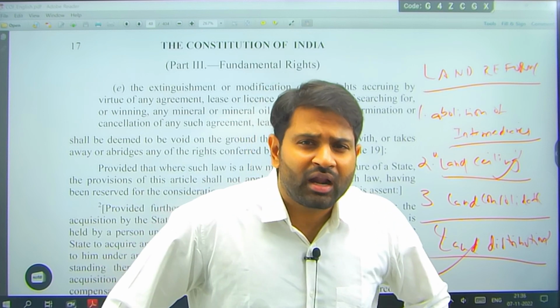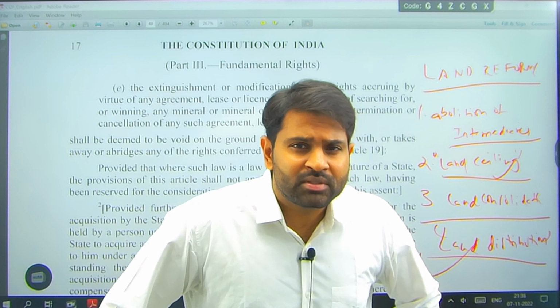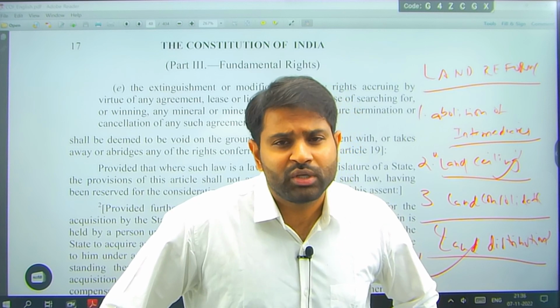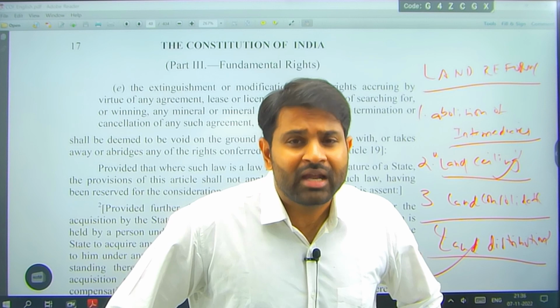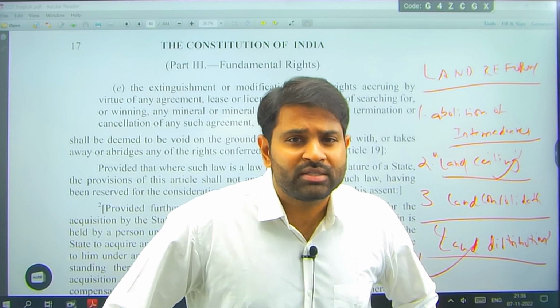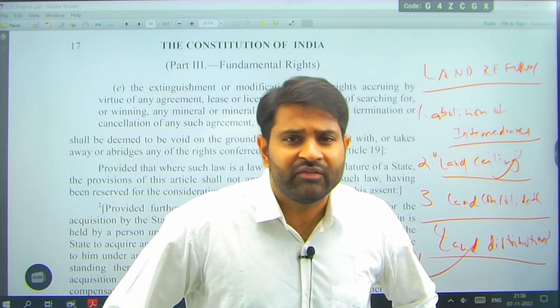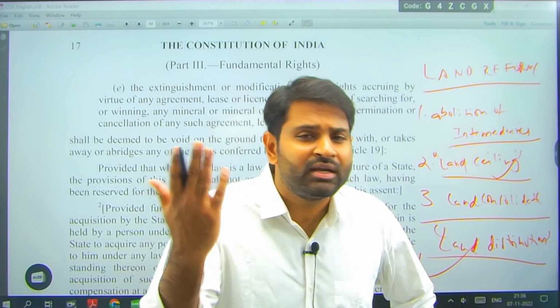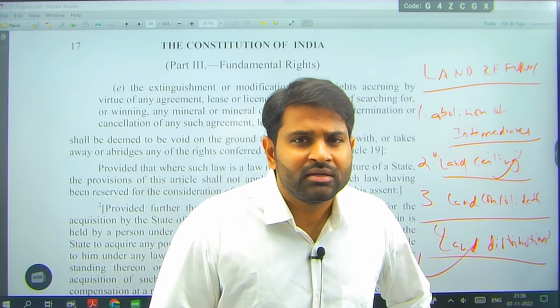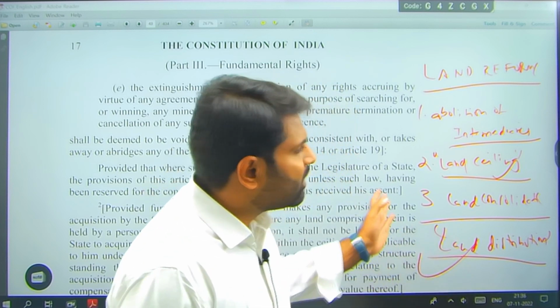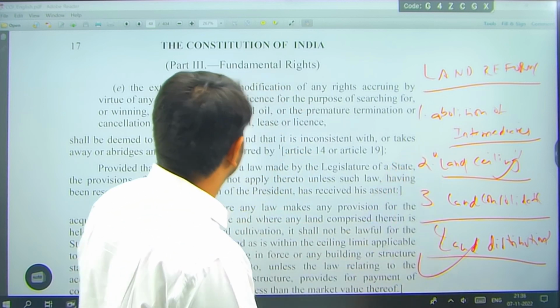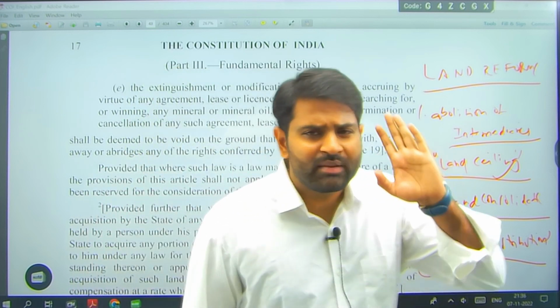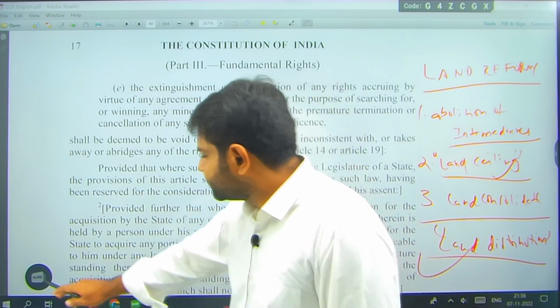Remember, where there are successful land reforms, the education and health parameters are very good. Kerala is one of the states which is quite successful when compared to other states in land reforms. See their education numbers, see their literacy, see their health. Understood? Right. Land reforms and development have quite a good link. So articles 31A, B, C, remember land reforms, nothing more than that.